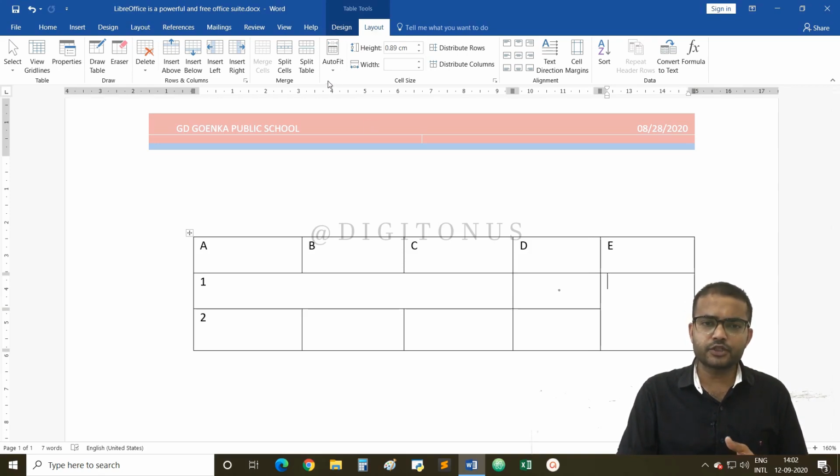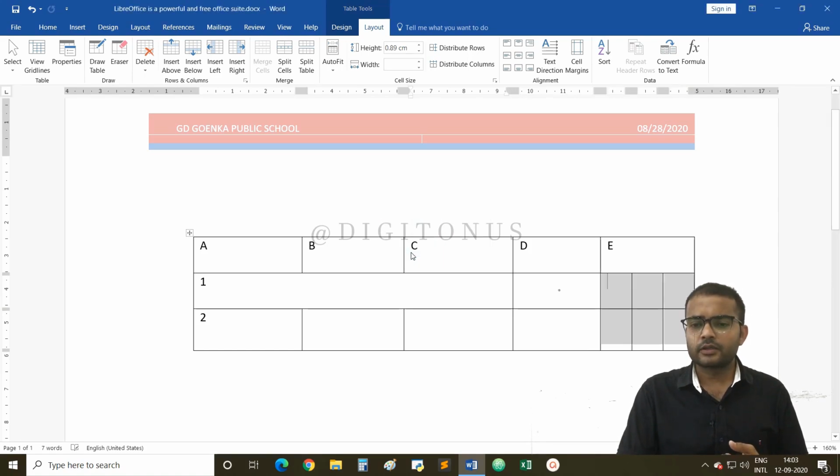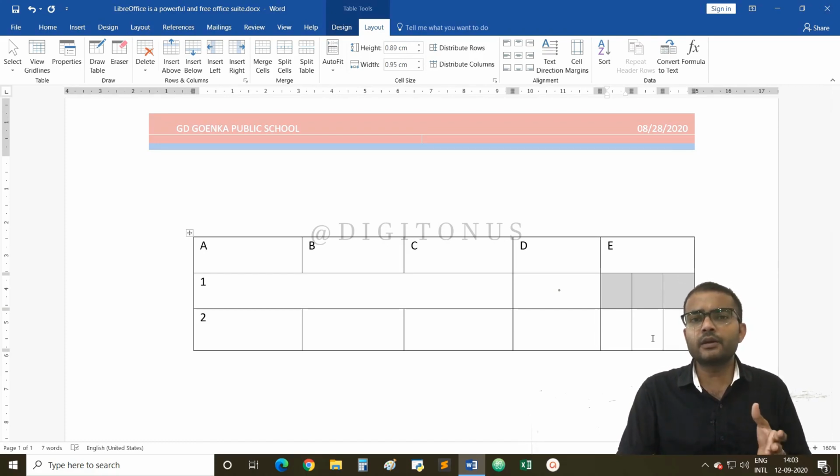In the layout tab under the merge group, you will find an option that is split cell. Select the option. Now it will ask the number of columns or number of rows you want in the specific cell you have selected. Now it is asking for number of columns, so I have given I want 3 columns inside this selected cell, and number of rows I want 2 rows and 3 columns I want, and click on OK. So your cell will get split into the required number of columns and rows which you want. This is called splitting. Splitting means dividing the cell into the number of rows and columns, as required.